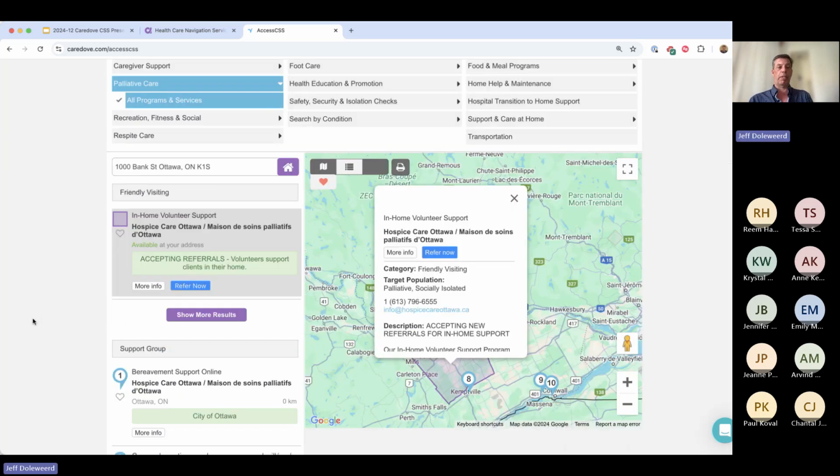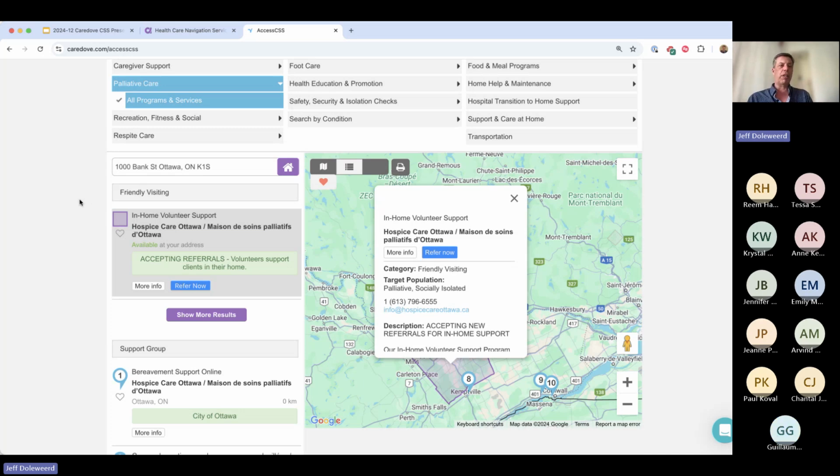So, a really important concept. You don't always need to use a target population, but when your service focuses clearly on one or two tops, then you select the target population. Meals on Wheels doesn't need to have a target population. People know what it is. It's Meals on Wheels. We're searching for Meals on Wheels. I mean, you can say older adults if you want, but